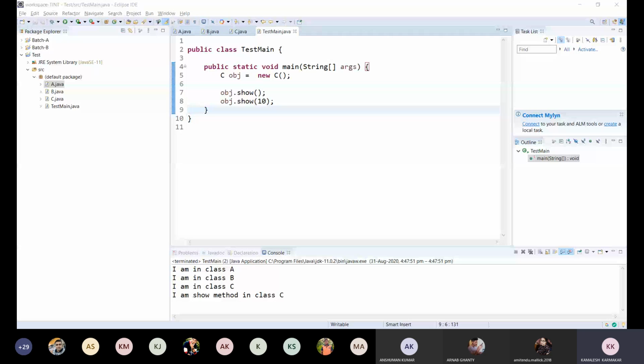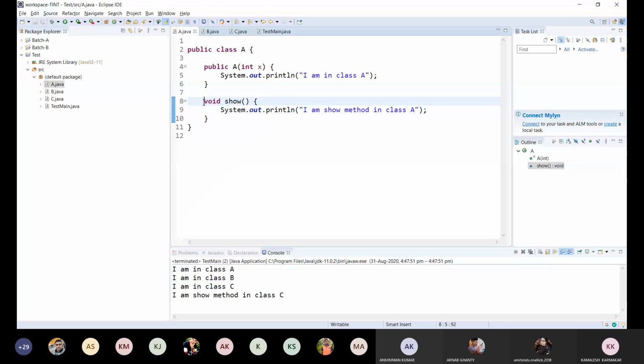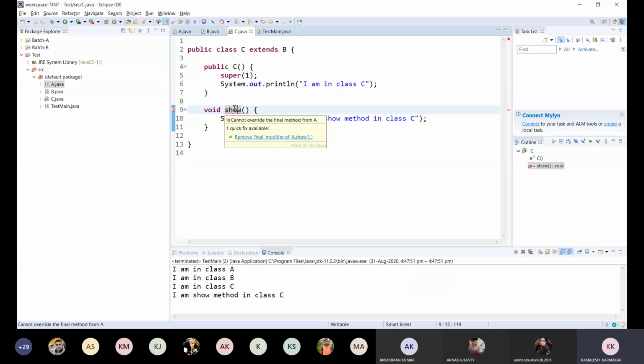Okay, here we will discuss one more thing. In this class, if I define this method as final, then here I will get this message that a final method cannot be overridden.